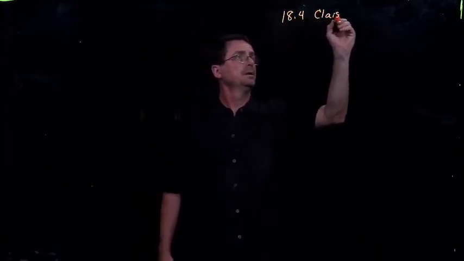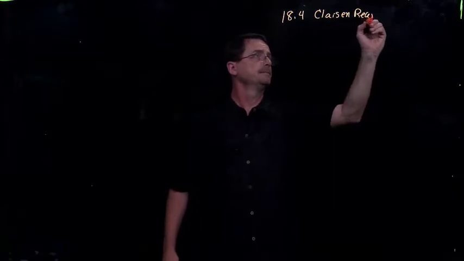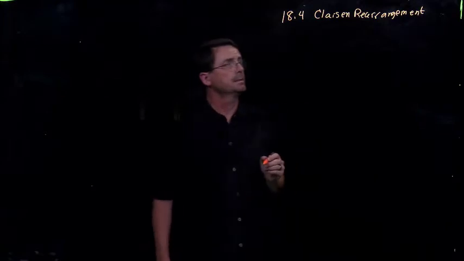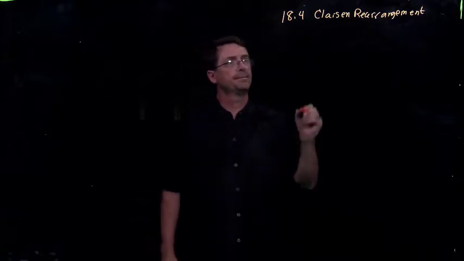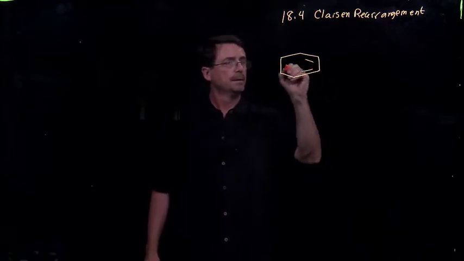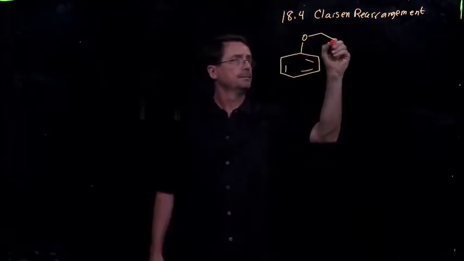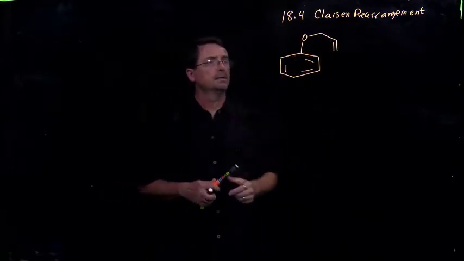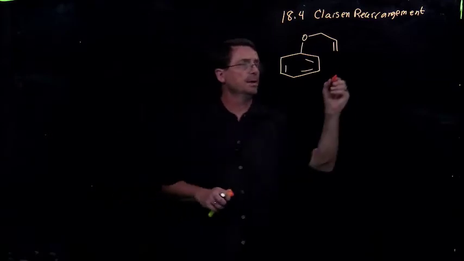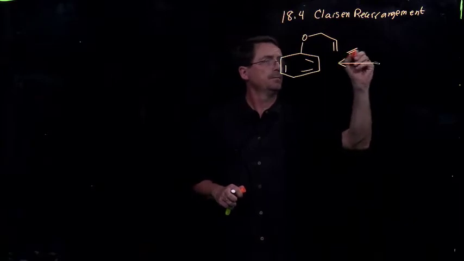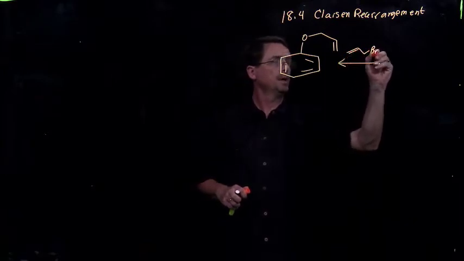In section 18.4, we examine Claisen rearrangement because it's a reaction of ethers. So in the classic Claisen rearrangement, the aryl ether, specifically the allyl aryl ether, and of course we can prepare those in a very straightforward manner from allyl bromide